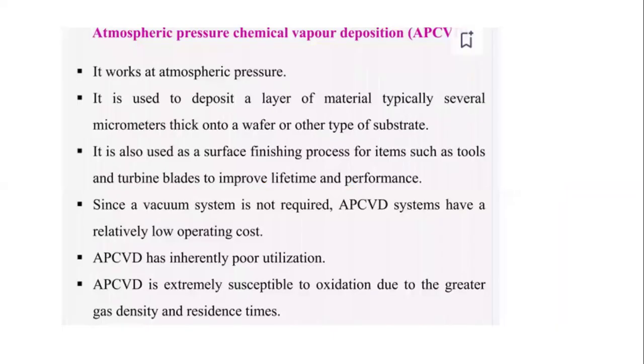First of all, atmospheric pressure chemical vapor deposition. Atmospheric pressure CVD works at atmospheric pressure. It is used to deposit a layer of material, typically several micrometers thick, onto a wafer or other types of substrate. It is also used as a surface finishing process for items such as tools and turbine blades to improve lifetime and performance. Since a vacuum system is not required,